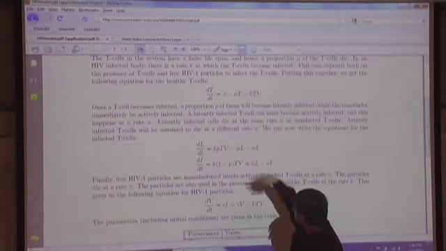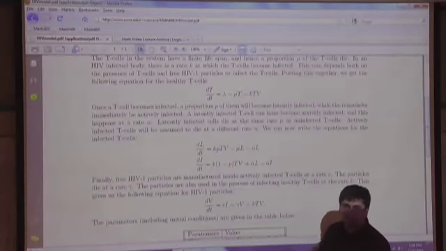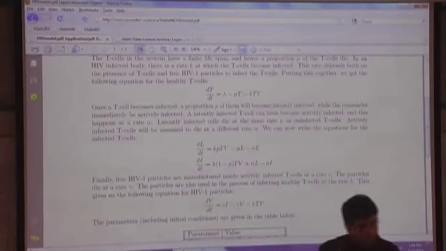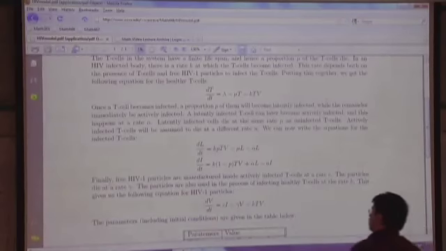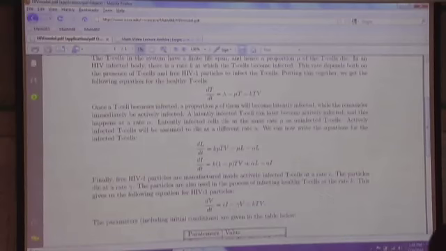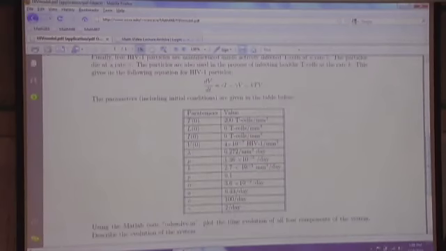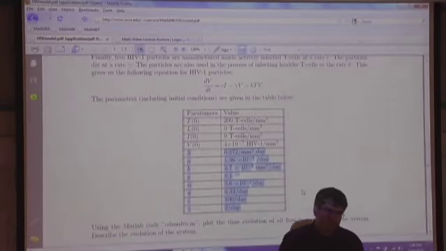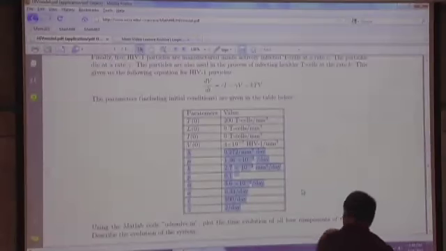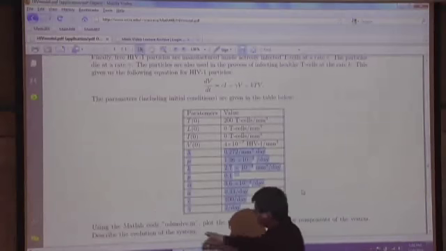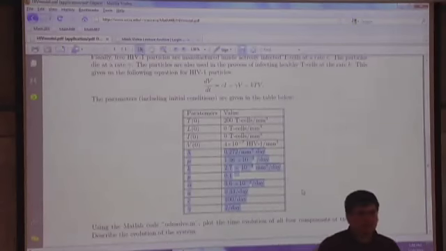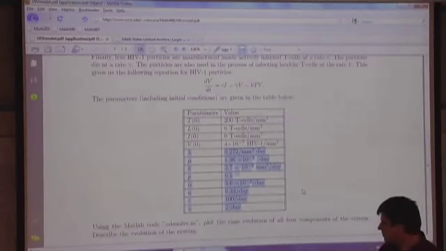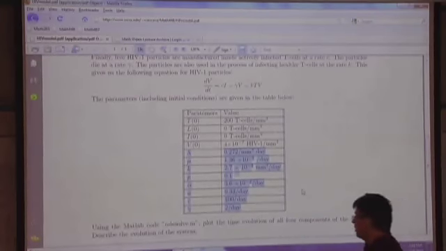So you can see this is a dynamical system, right? In 4 dimensions, with a bunch of parameters. And again, I don't have time to talk about the significance of these parameters, but you can take the numbers that are given here and the initial conditions, and just run the simulation and see what happens. There are built-in codes in MATLAB for solving systems of differential equations of any order. But if you want